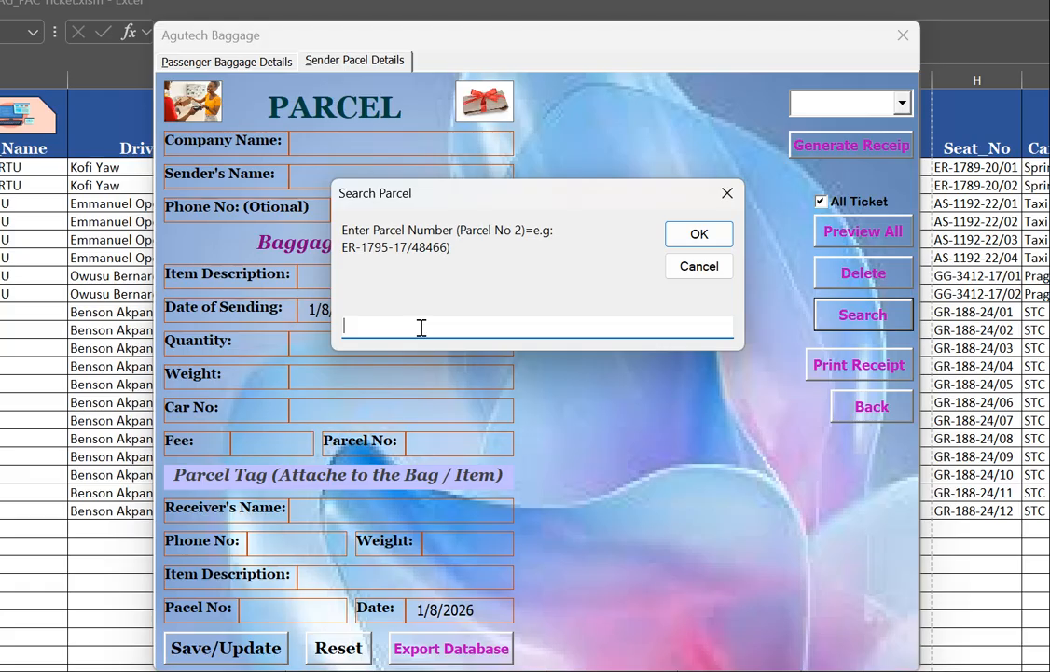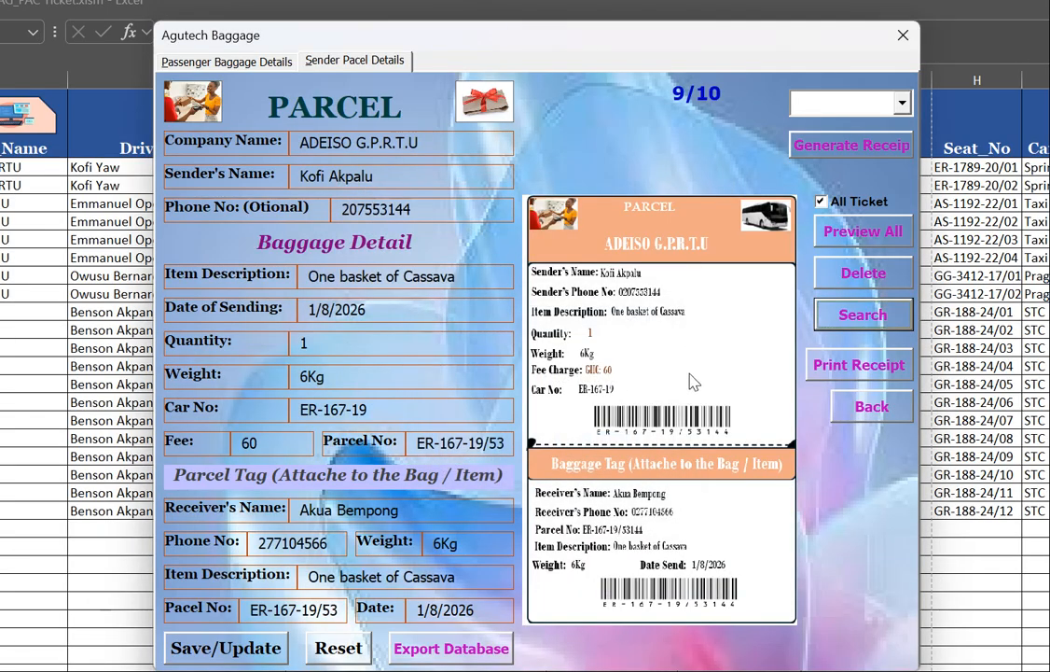Let's say ER dash 167 dash 19 slash 53144. When I click OK, it should bring the parcel, the receipt here. You see, it has brought the receipt for us to see. Truly, the receipt is in the database, and we can